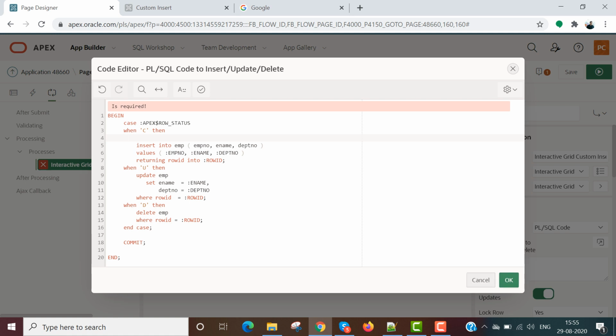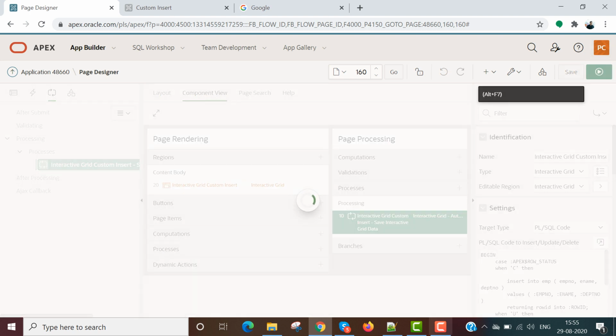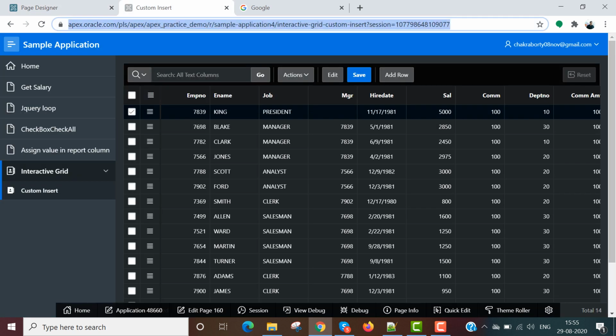So here you can see I'm just saving it. Okay, I have saved the data, and after that I'm refreshing the data. So let me add one record. Currently there are 14 records available, or let me change this record. The salary is 5,000.